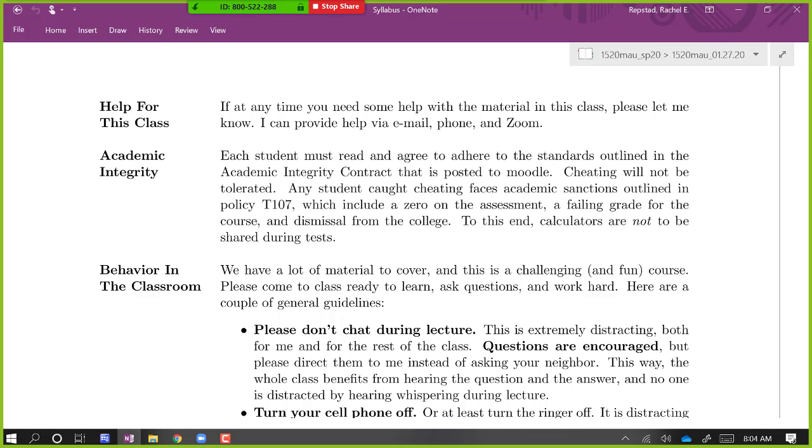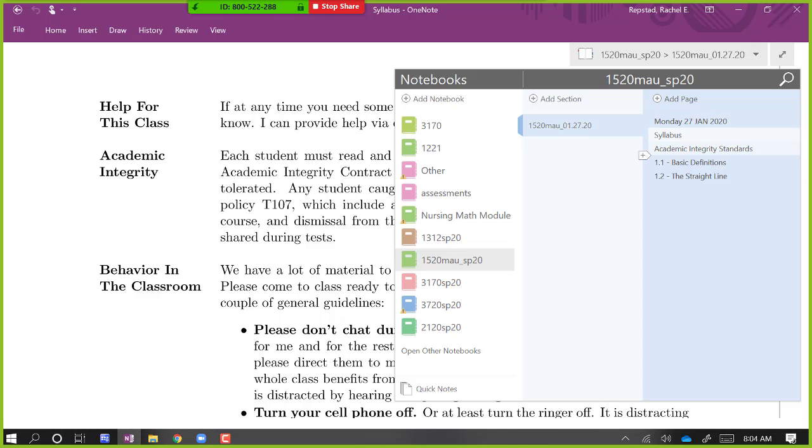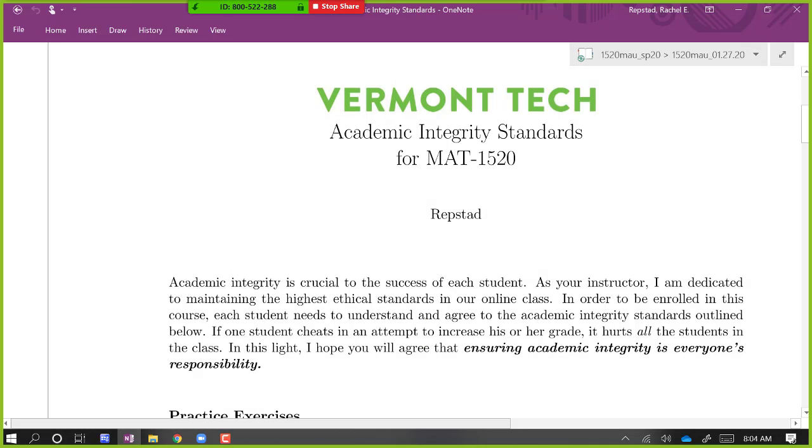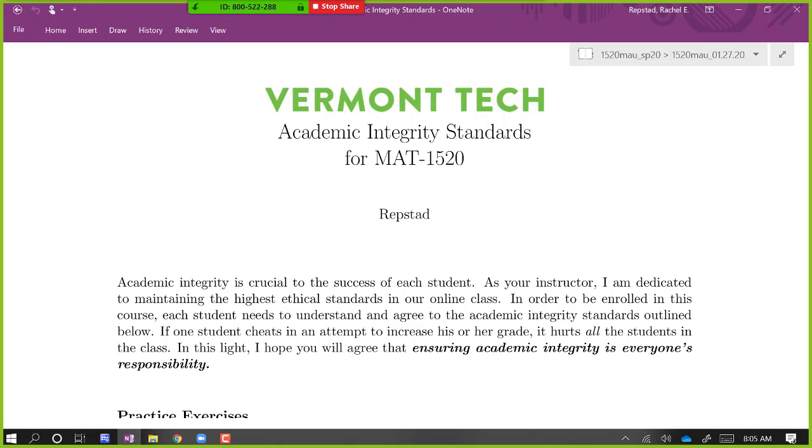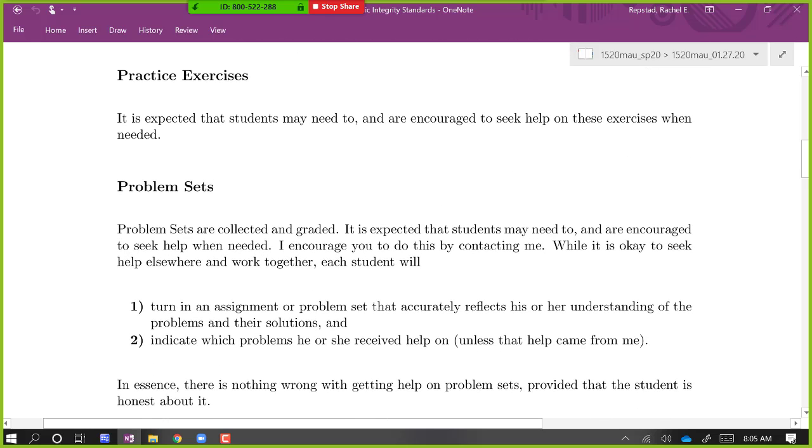Everybody has this academic integrity contract, and I'm going to just take a few minutes to talk about that. I think that if you were teaching a course and you wanted to come up with a set of ground rules for what's allowed and what's not allowed, you'd probably come up with something similar. I don't think there's anything too unexpected that shows up in here, but on practice exercises, please work together, get help. I would expect some of them are hard. I would expect that you might need help, and you should get that help.